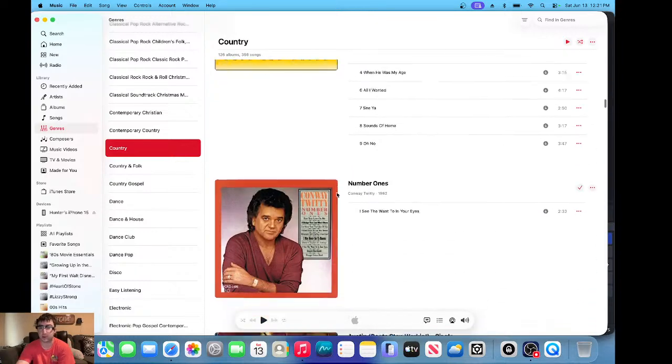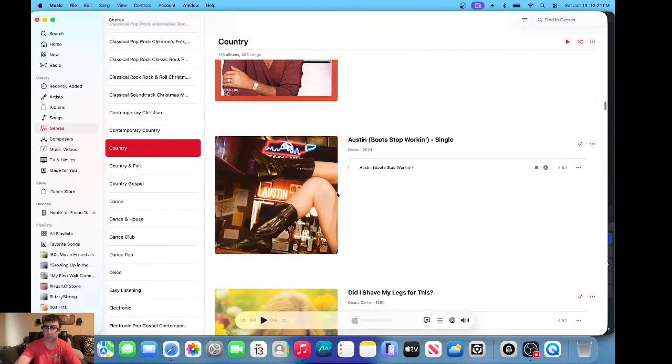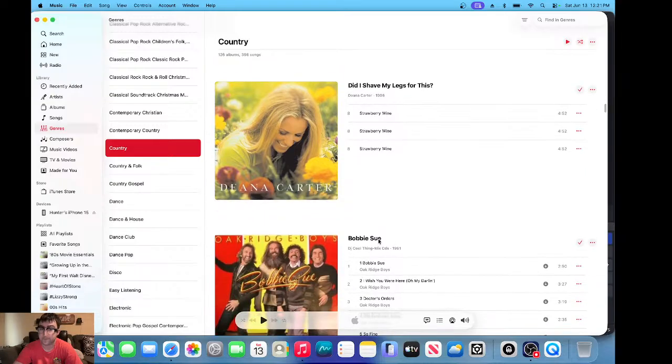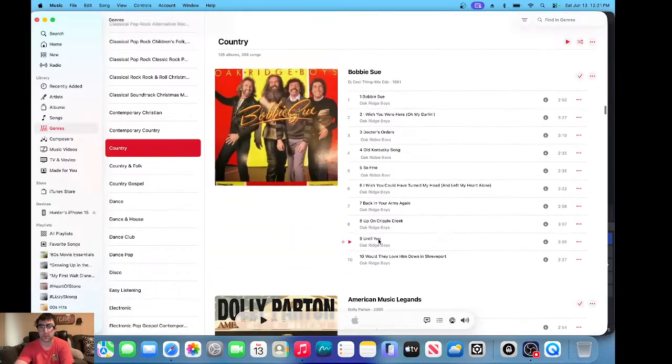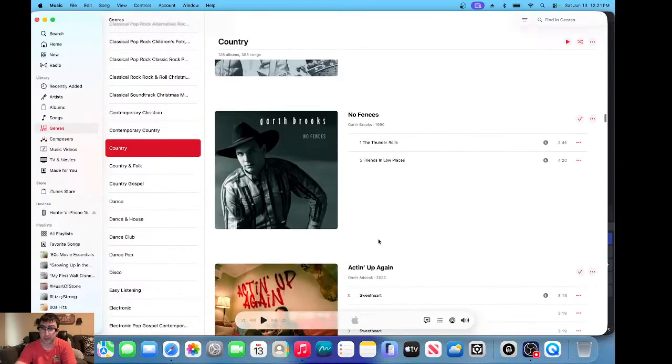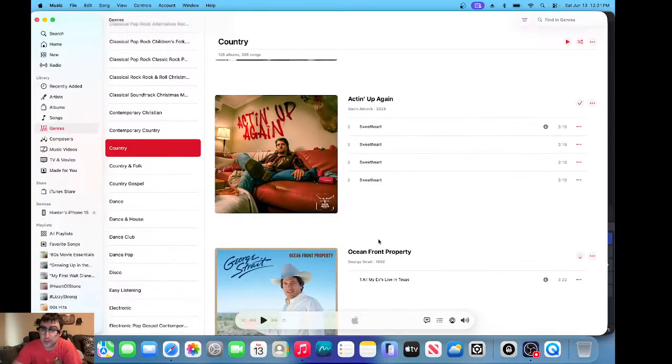I got Confederate Railroad, Conway Twitty. I've got Oak Ridge Boys, Dolly Parton, Garth Brooks,